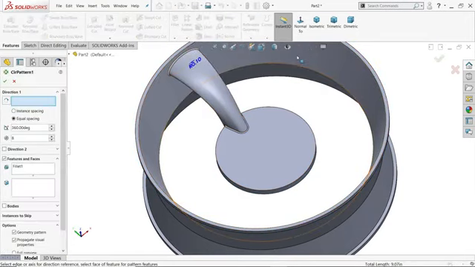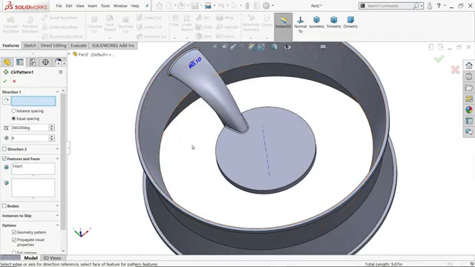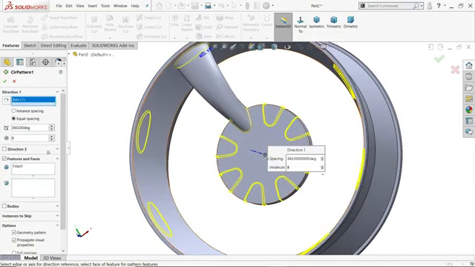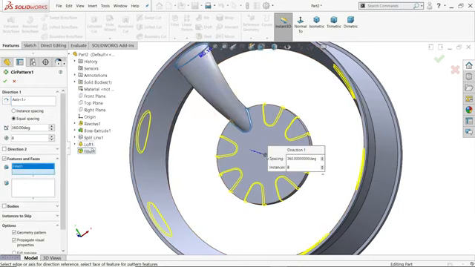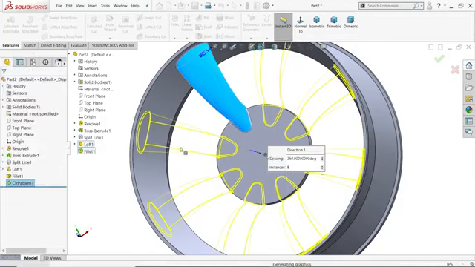Circular pattern. For circular pattern, just click the temporary axis. Now direction. For direction, we will use this one. See, the feature is already selected. Fillet. Click lofted. 8 instances, 360 equal spacing. Say yes.